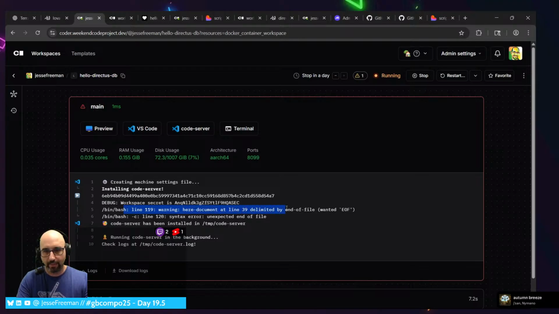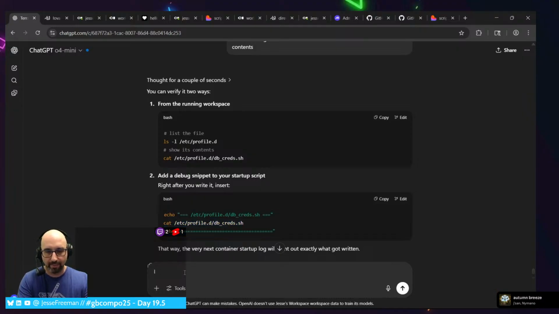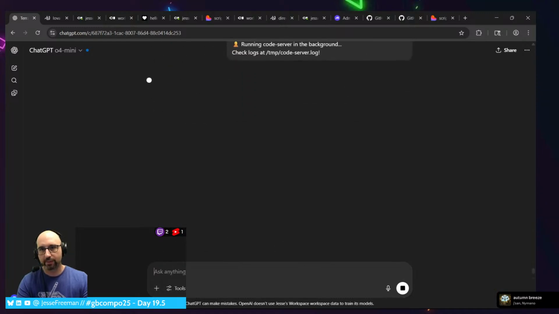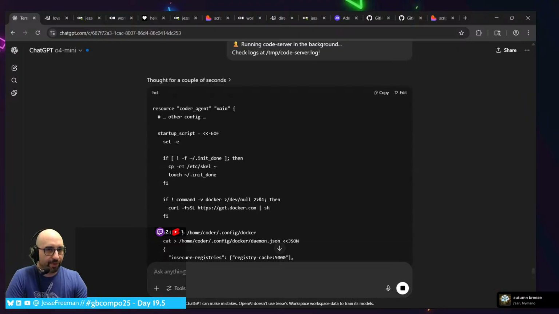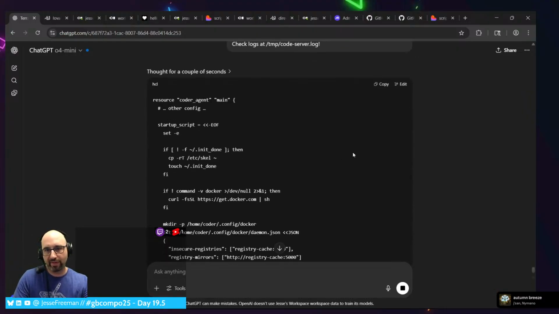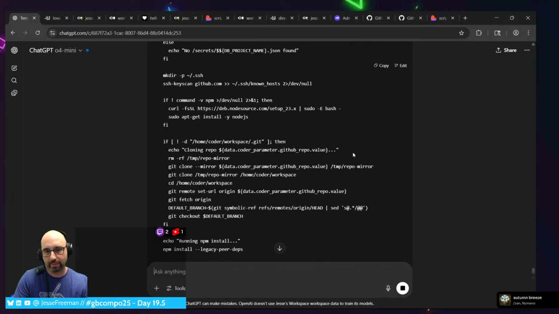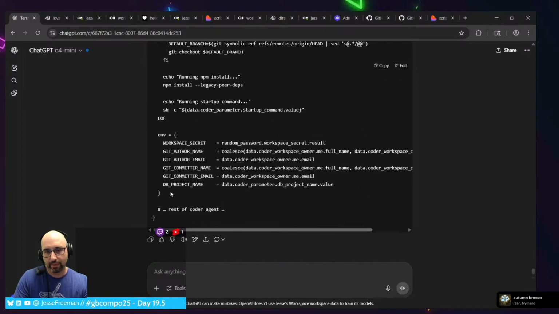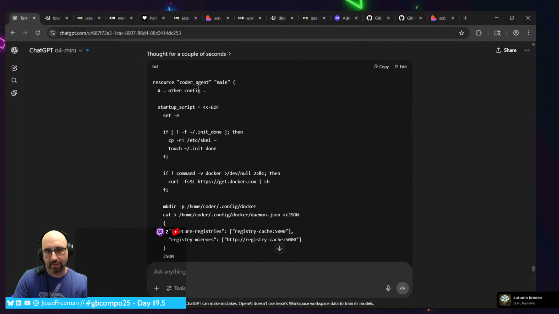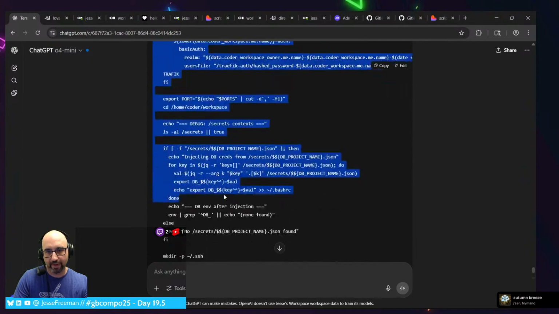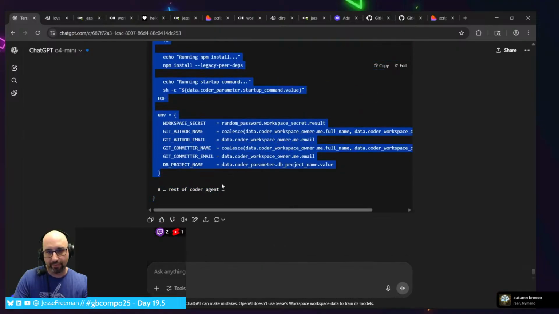Here-document delimited by end-of-file, warning, syntax error. I am seeing this error. So the hope is that once I get through, ugh, I hate when it does this. All right, startup script, fine. Rest of agent code.